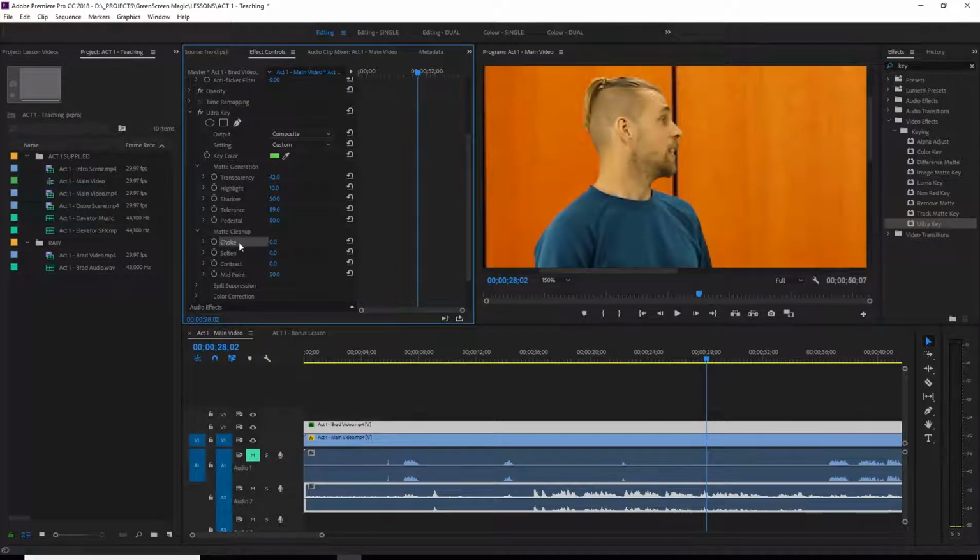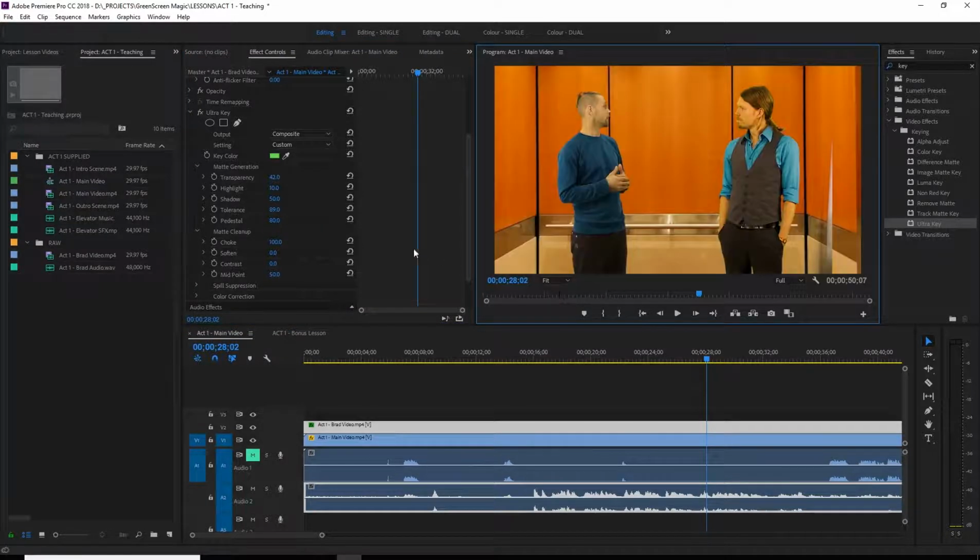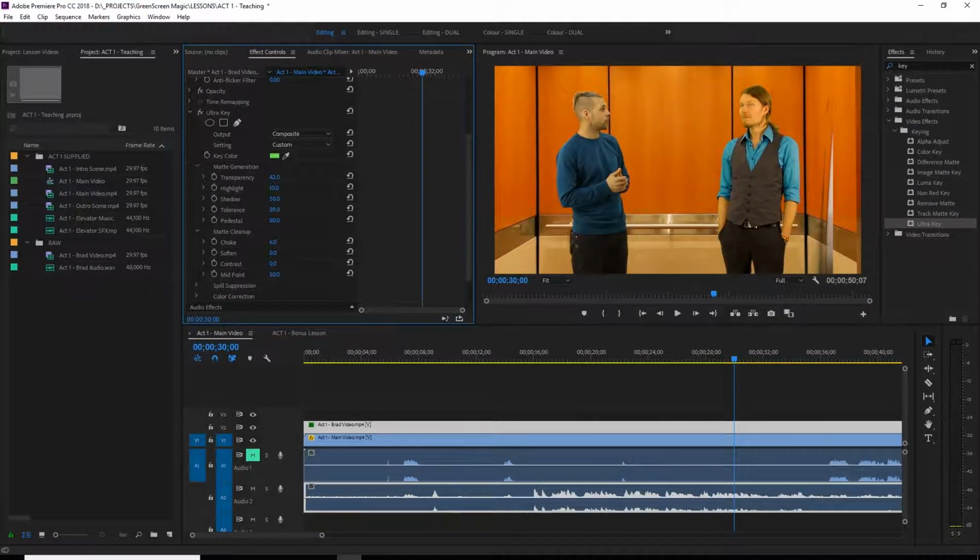Now choke is, if you watch, it starts taking the edge and bringing it inwards and cleaning up that extended edge. But as you can see, sometimes it's a little bit much, and you can really take off a few pounds, making him a little too skinny and looks really funny. So you want to be careful with using choke. I find that about 6, 7, maybe up to 10 for more extreme cases, it's okay. I think I've gotten away with maybe 15, but